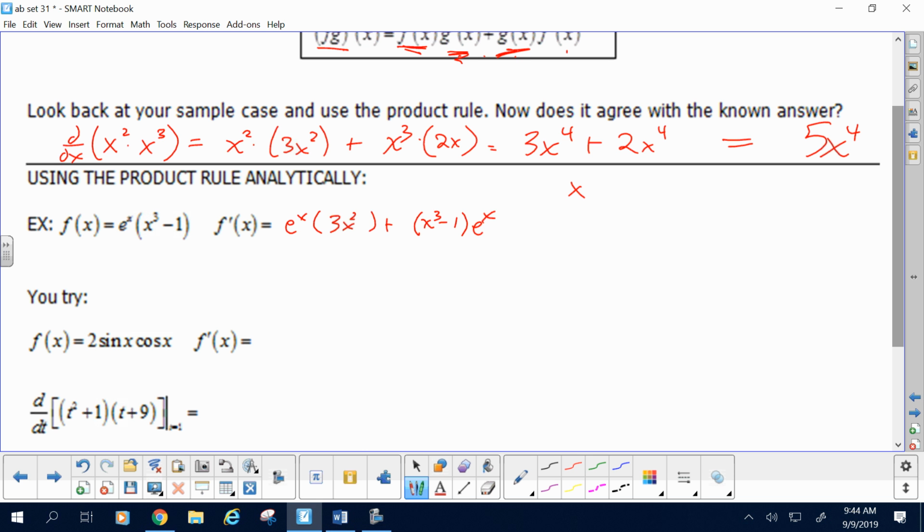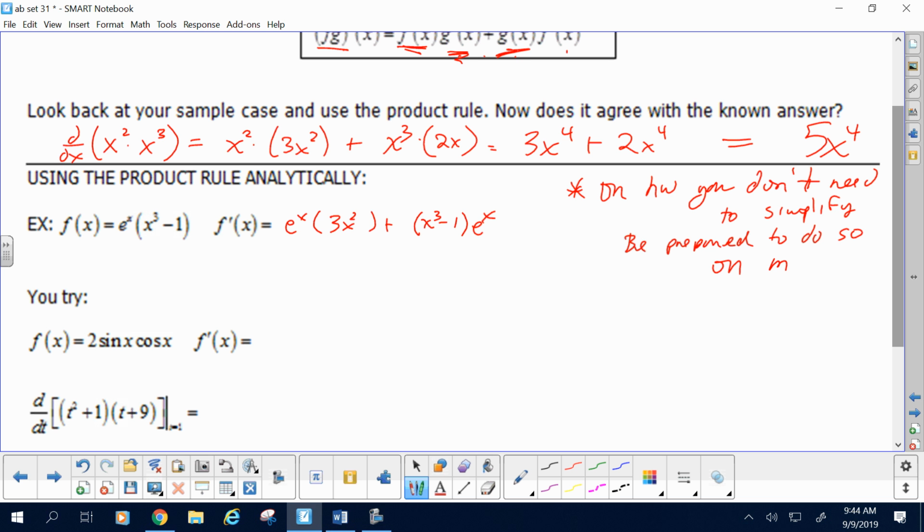Now, write yourself a note in your notes. On the homework you do not need to simplify. Don't need to simplify, but be prepared to do so on a test, especially on multiple choice. Because sometimes on a multiple choice, your answer might be there, but sometimes they say, oh, I did a little factoring. So, for example, on a multiple choice,